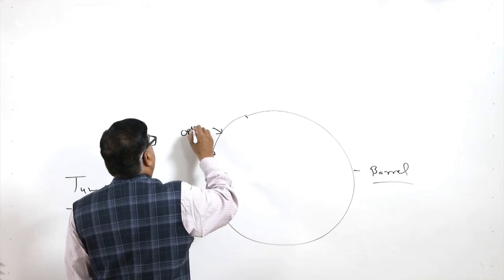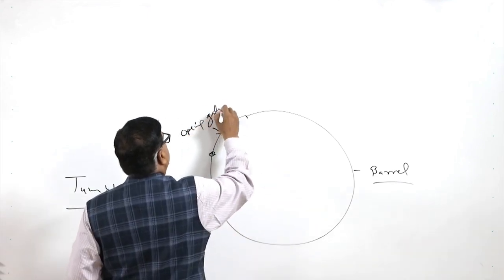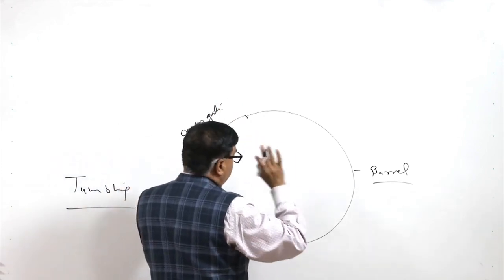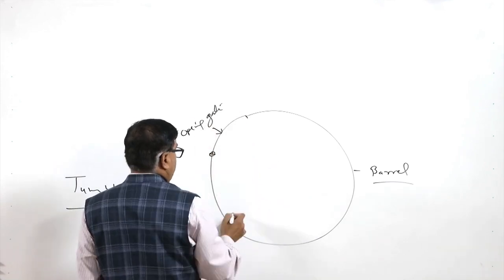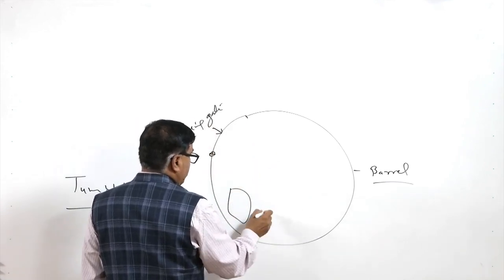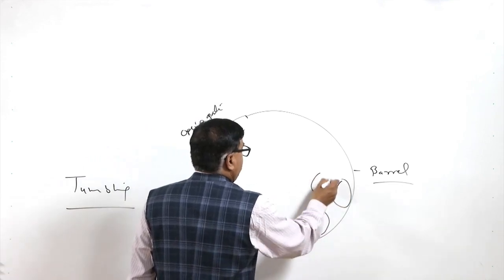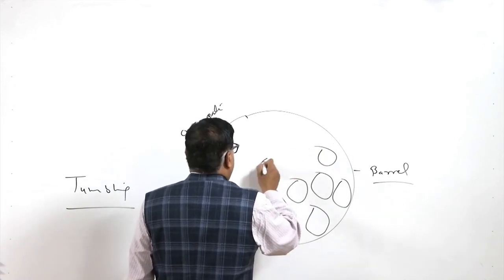Whatever castings need to be cleaned, the gate is opened and the castings are placed in this barrel like this, one over other,